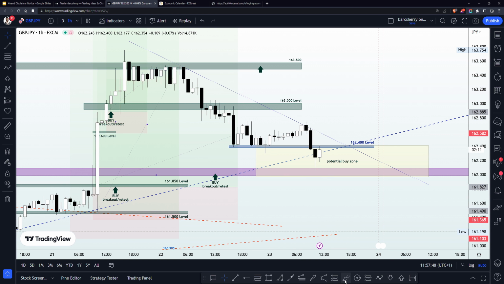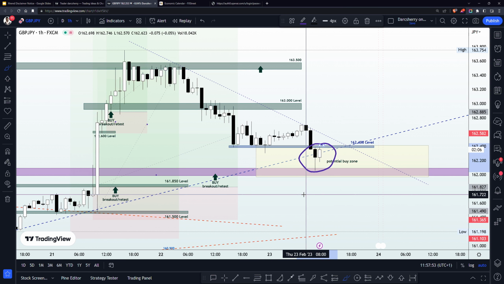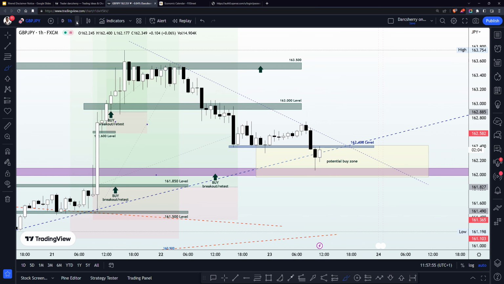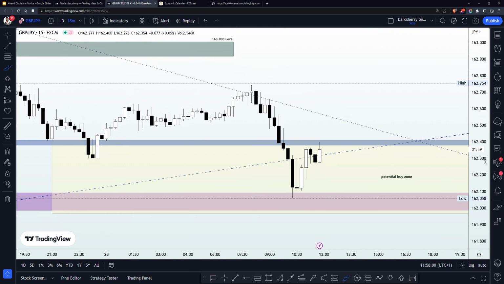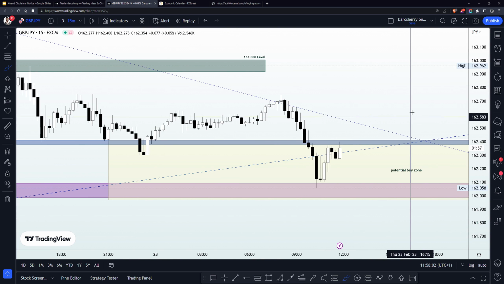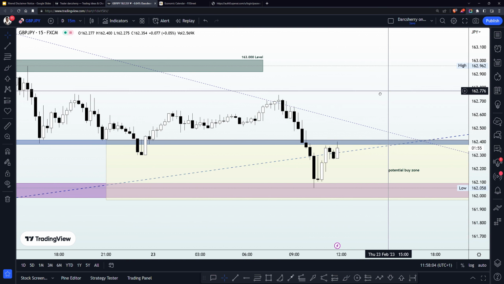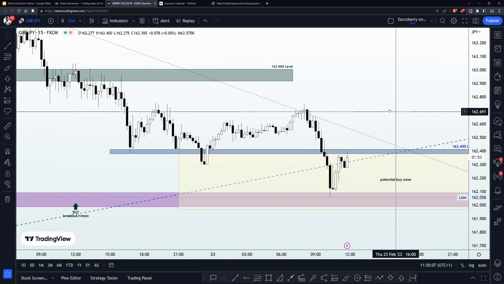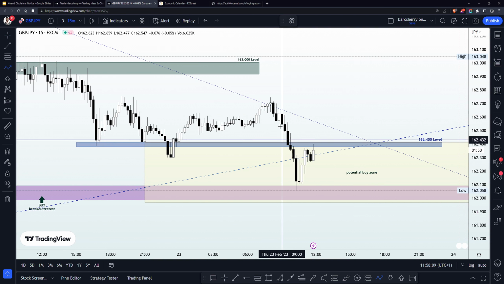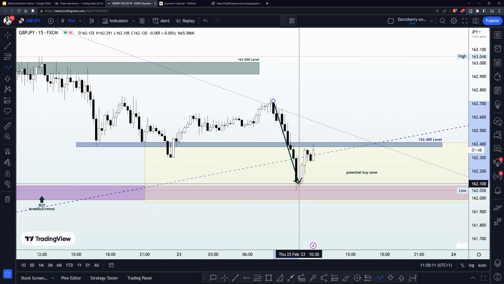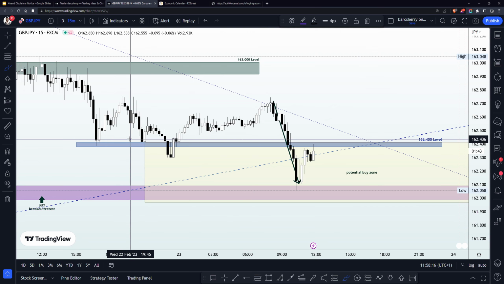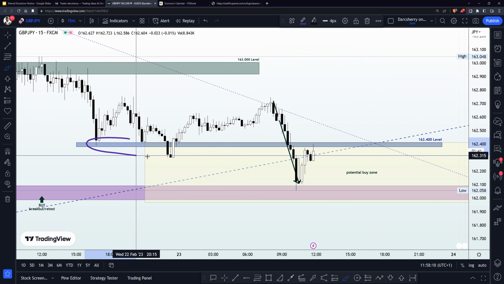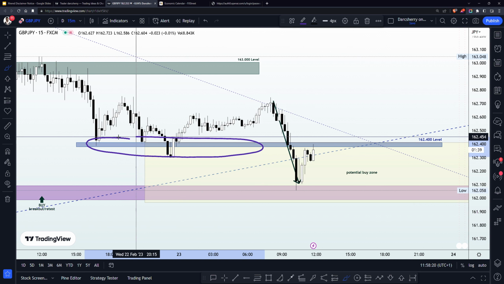Now, in order to understand what is going on here so that we can catch this bullish move early enough if it so happens, we want to be scaling down to a much lower time frame, like the 15 minutes time frame, where we want to be looking out for structures to guide trading activity for today. Now we are on the 15 minutes time frame right now, and following this impulsive move that broke down the 162.400 level, remember this level had been a buy niche initially. That was during the later part of yesterday's trading session.